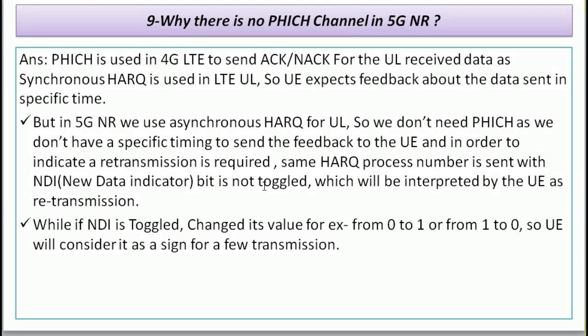The UE expects feedback about the data sent at a specific time, but in 5G NR we use asynchronous HARQ for uplink, so we don't need PHICH, as we don't have a specific timing to send the feedback to the UE. In order to indicate that a retransmission is required,